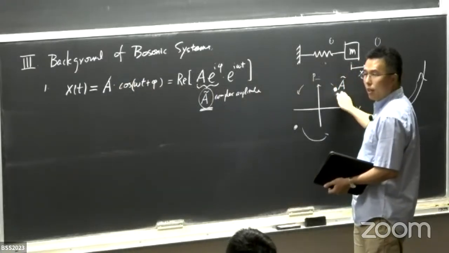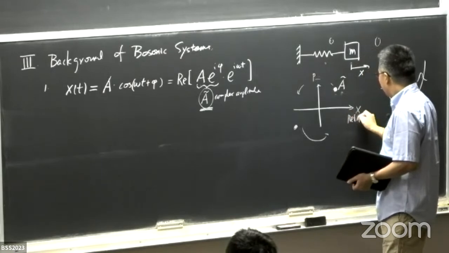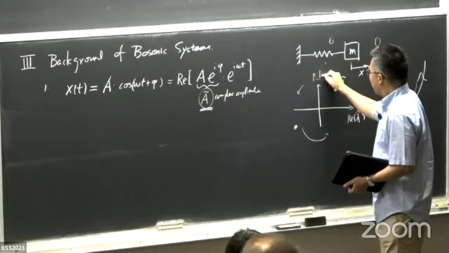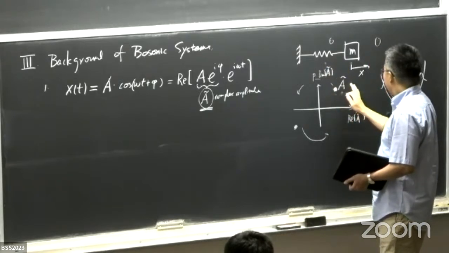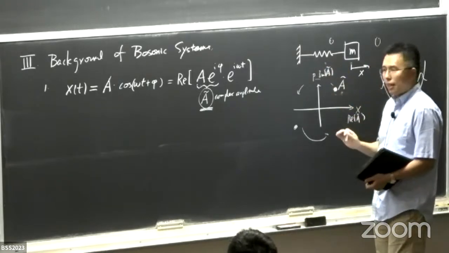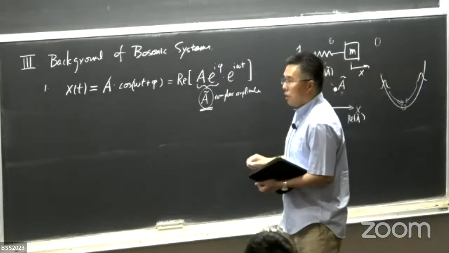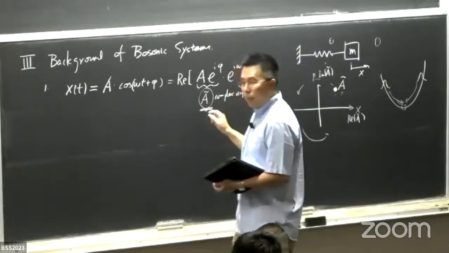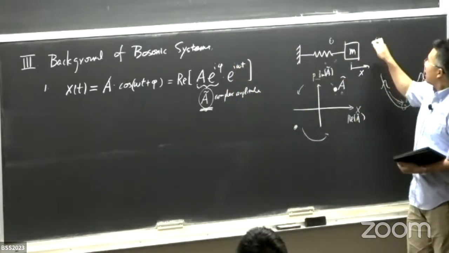Here, right. Yeah, this A will consist of the real part of A tilde, and this is the imaginary part of A tilde. That's right. Yes, X and P span the complex plane for that. And so now one thing is in principle, we can just use this oscillator to encode information by saying,